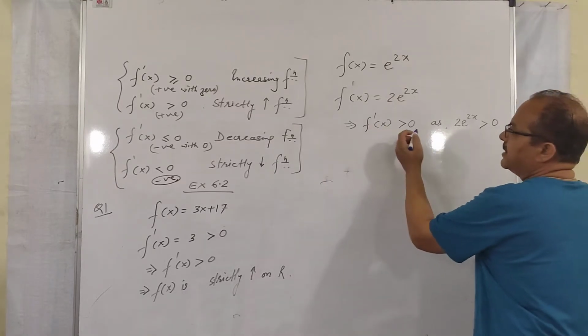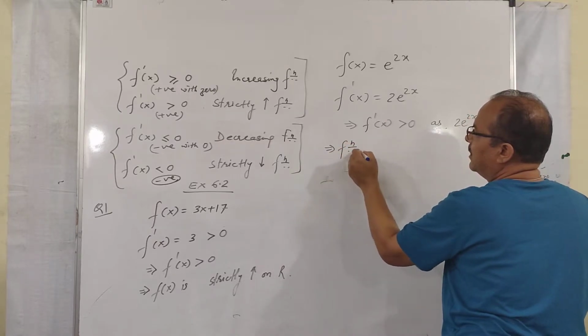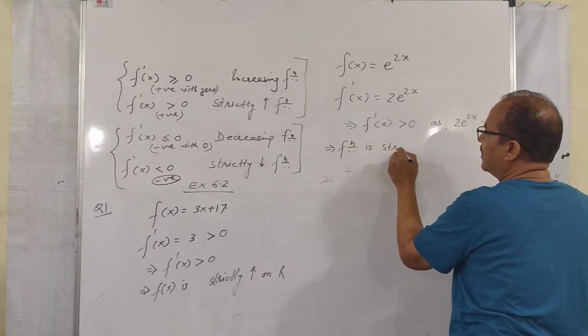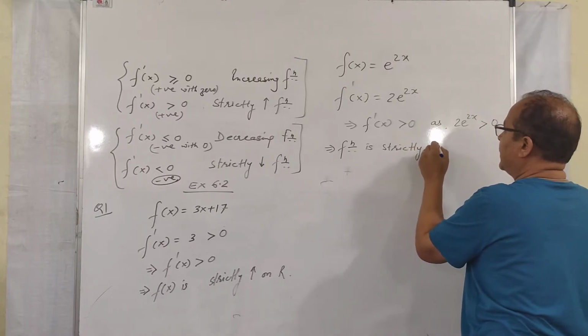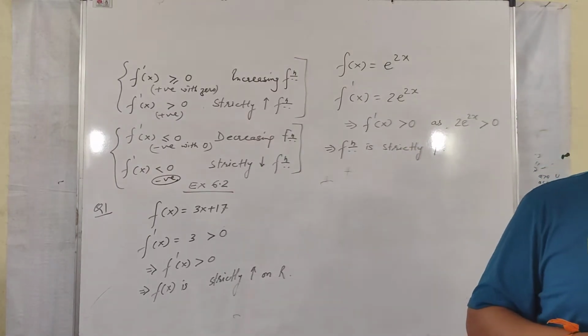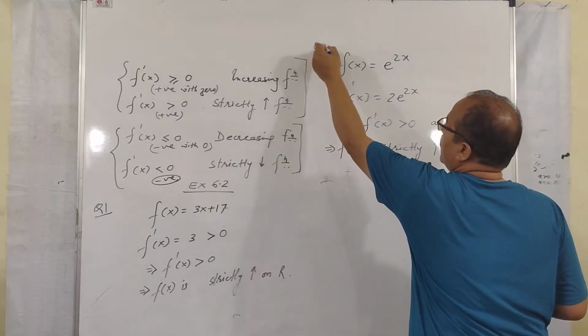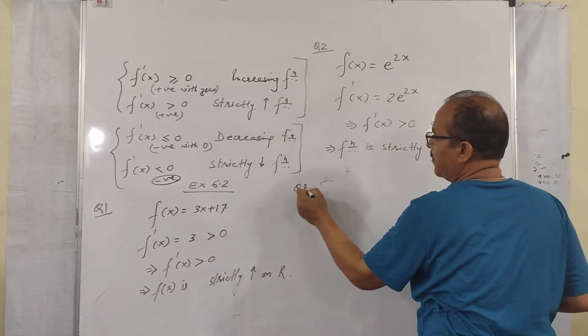So, if f dash x is greater than 0, the function is strictly increasing. And the given function is strictly increasing. Then let's move on to the next question. This was question number 2. Then a very important question,